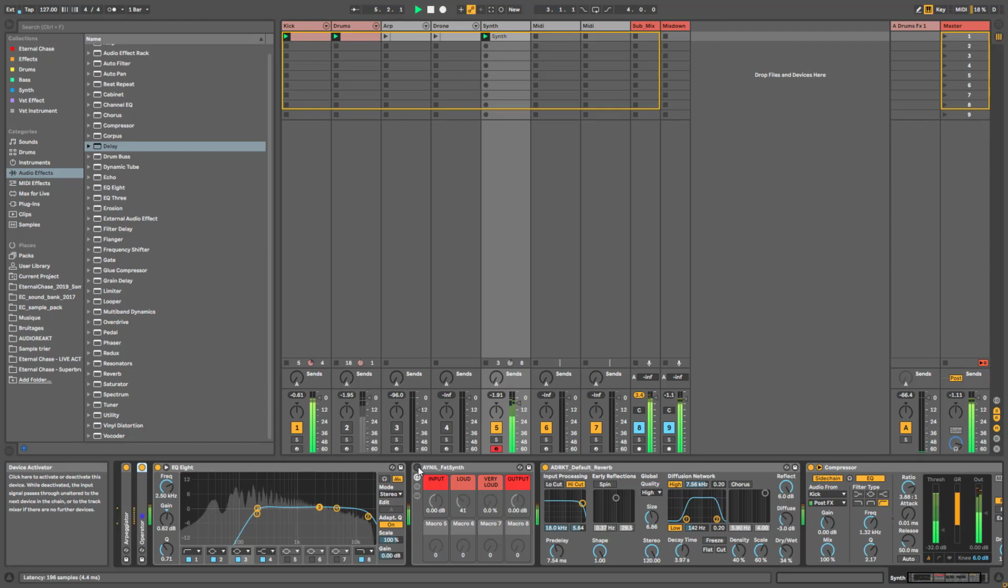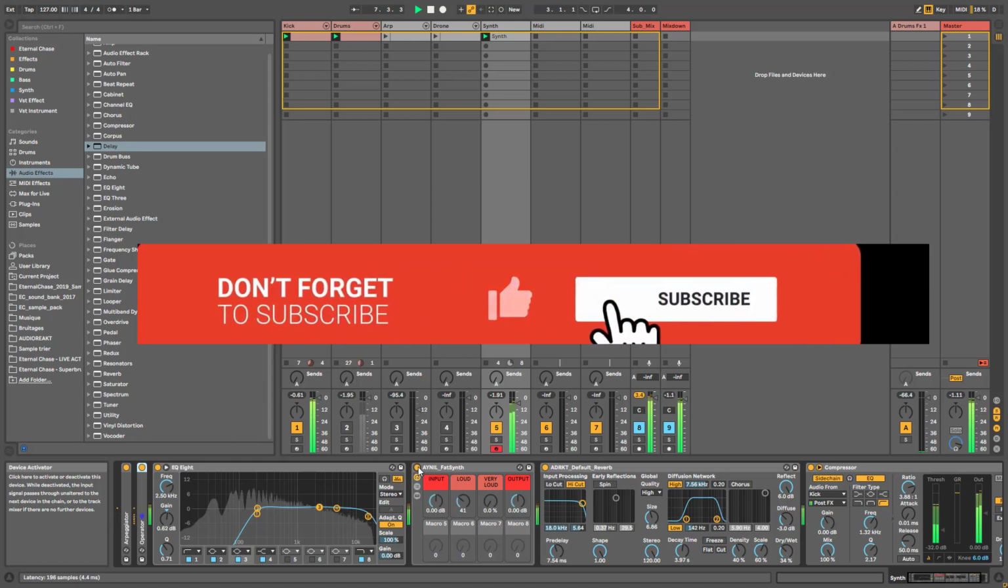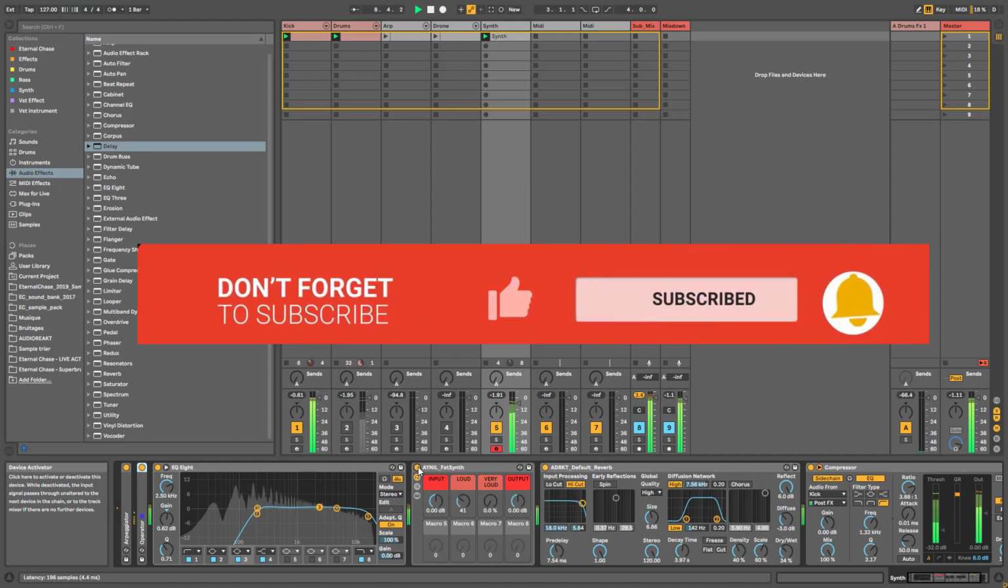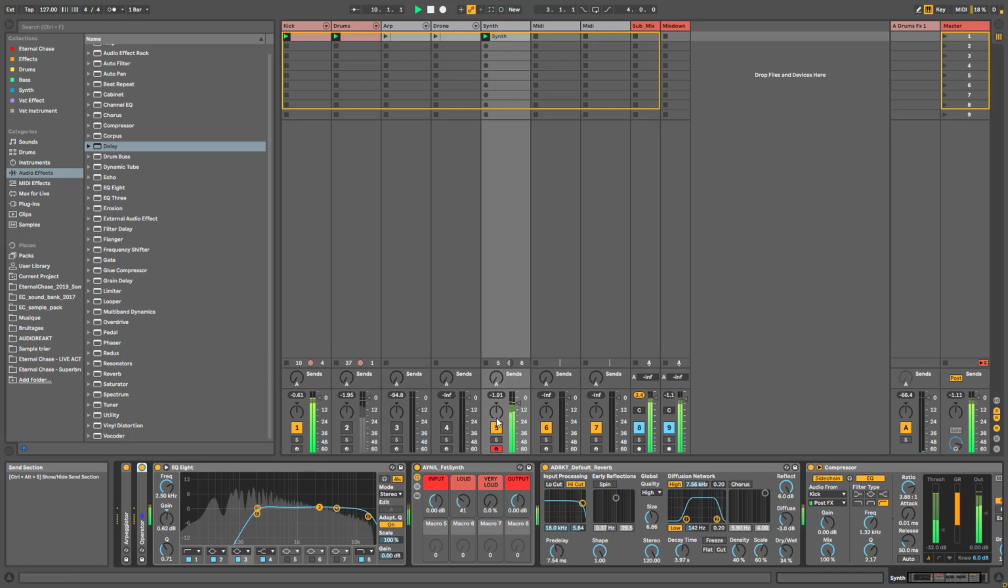See, without the rack, the sound is there, but... and you can see in terms of levels,